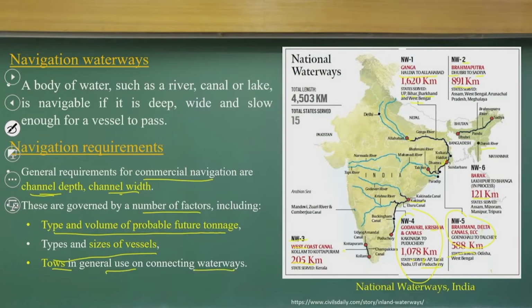So, let us try to understand how this national waterways system works, and how we need to make all the national waterways commercially navigable. That is the reason we should know what channel width and channel depth are required throughout the years, and that all depends upon what type of goods we have, what the volume is, and the type and size of vessels and tools connecting the waterways. Now, if you look at the next point,